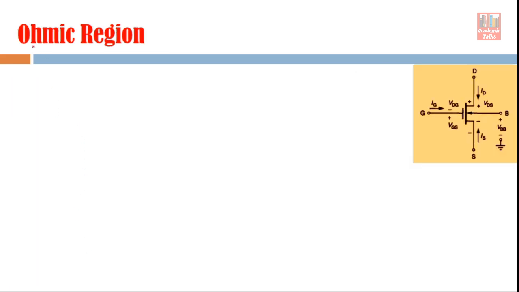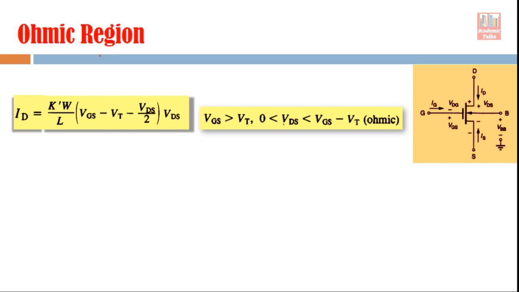Now first let's understand the ohmic region. What happens in the ohmic region, that already we know. The equation of drain current is given by this equation, and the condition for the ohmic region is given here, right? Now in order to draw its equivalent circuit, we have to make certain simplifications in this equation. You can see here the drain current depends on the gate source voltage, and it also depends on the drain source voltage. Gate voltage is on this terminal here, and drain voltage is at this terminal, right? Bulk terminal is being ignored and source is common. So the drain current depends on these two voltages.